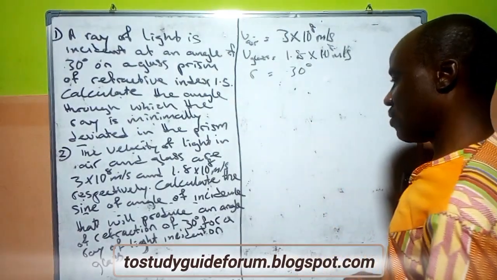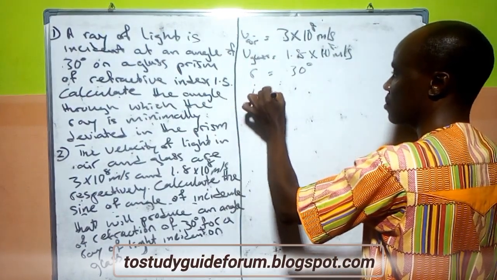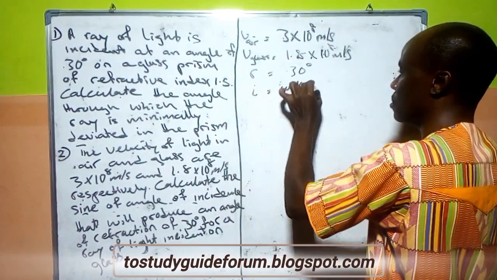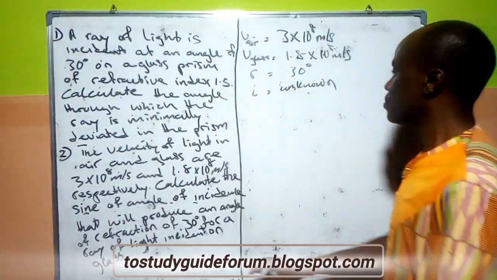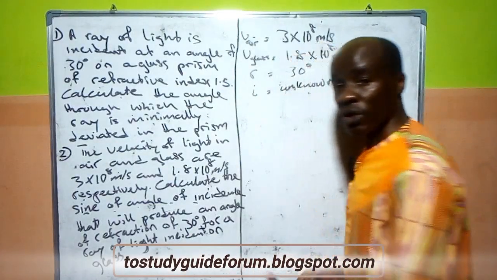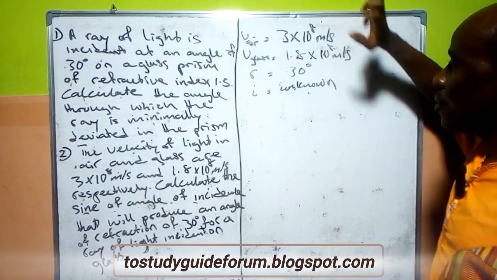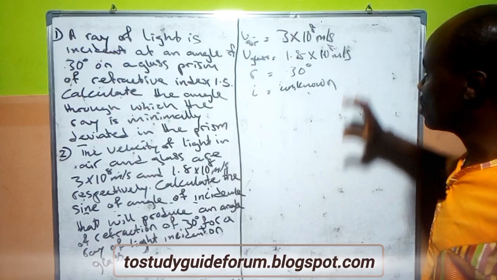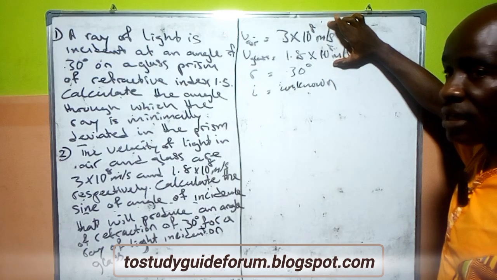Now we're looking for the sine. The question says sine of angle, that means talking about the incidence, which is unknown. We don't know this one. So the next thing we're doing here to get this accurately, based on what we have already established, is that you can also use this to get our